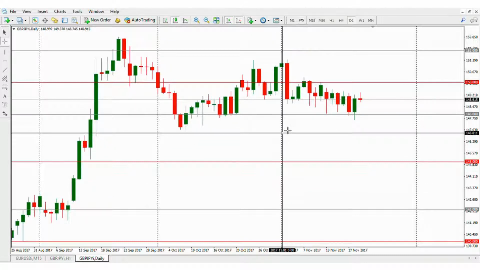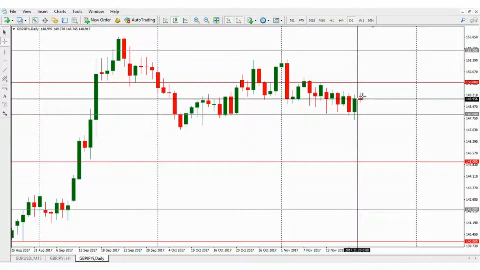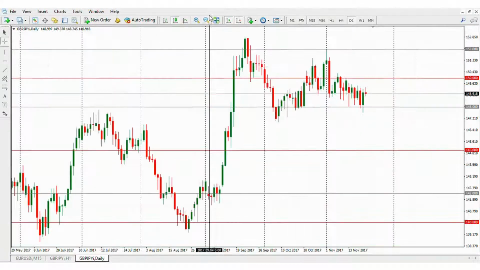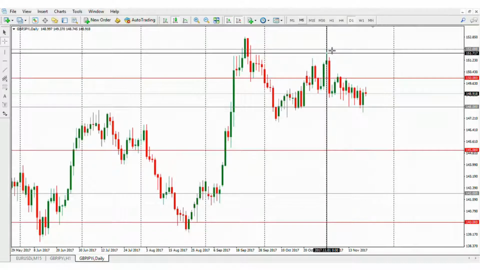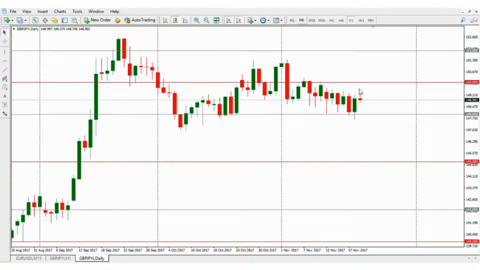Okay, so you can see from this chart that the market opened above the close of yesterday's candle. What we see from the last week on the daily chart is a big run on the downtrend. The market was running down for the entire week, and you can see the market opened and has created a high above day before yesterday's high,